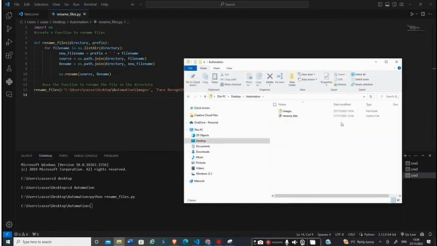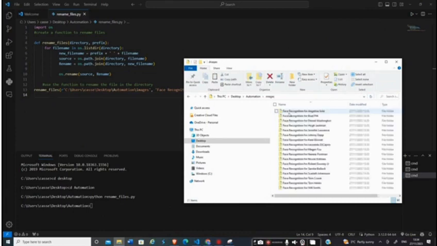So now we're just going to go back to our file directory and check to see what the output was. So you can see that the name of the prefix